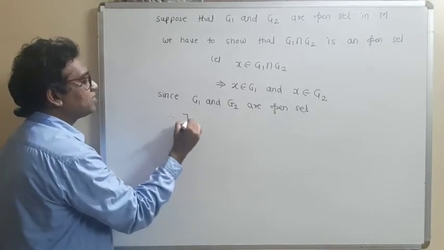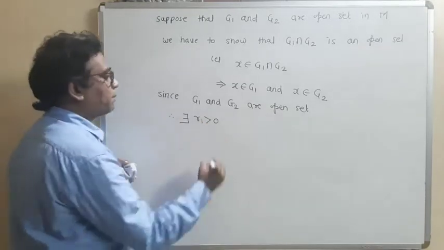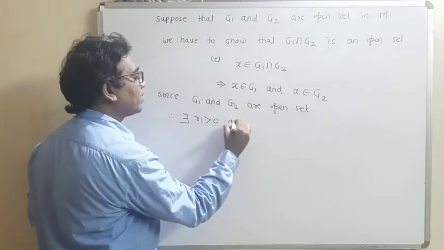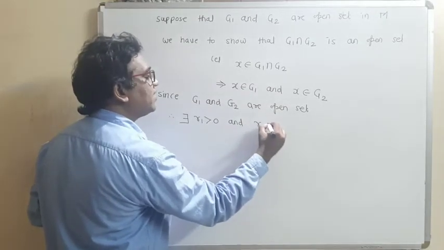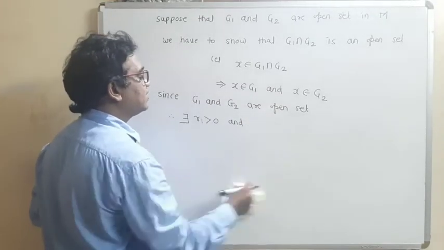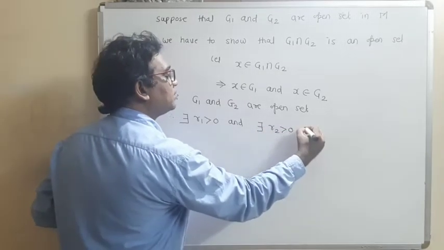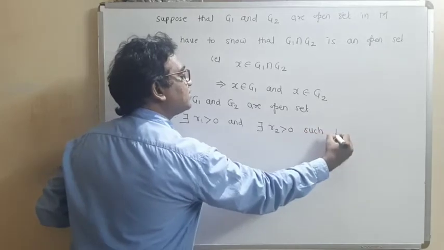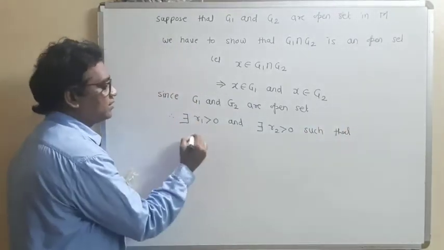There exists a positive radius R1, and for the set G2, let us take a radius, there exists a radius R2 greater than 0, such that...